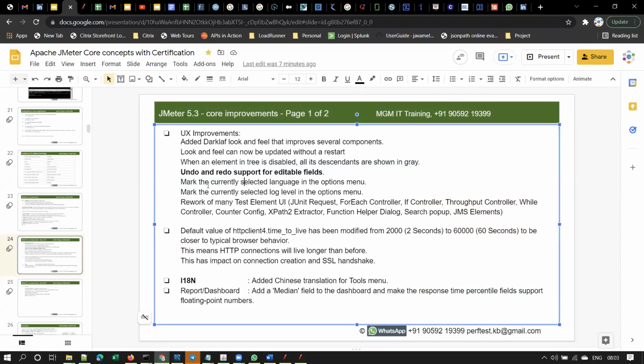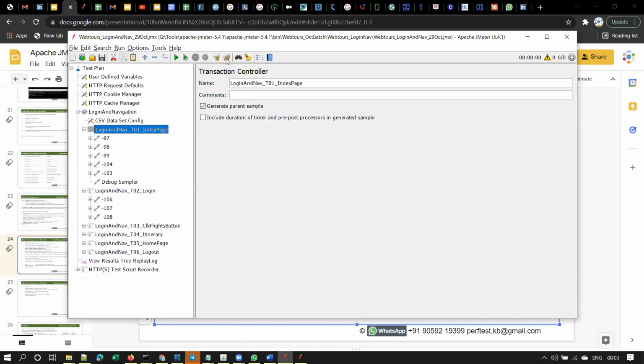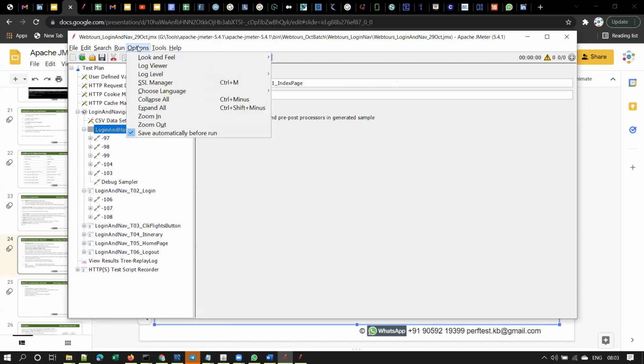Mark the currently selected language in the options menu. Let me explain what this is. JMeter supports international languages as well. Let me show you that. You go to Options, Choose Language. Observe here, these are the languages supported by JMeter.